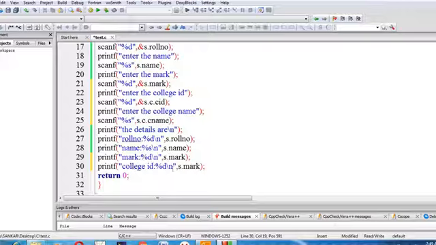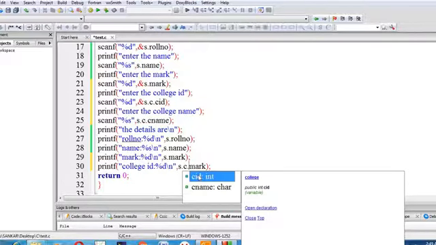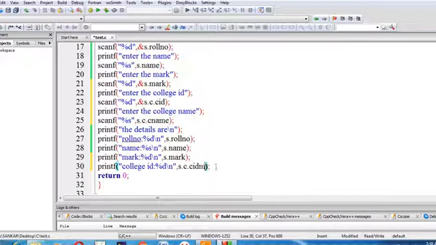Then for display: college ID percentage d, s dot c dot college ID. Next, college name percentage s, s dot c dot college name.